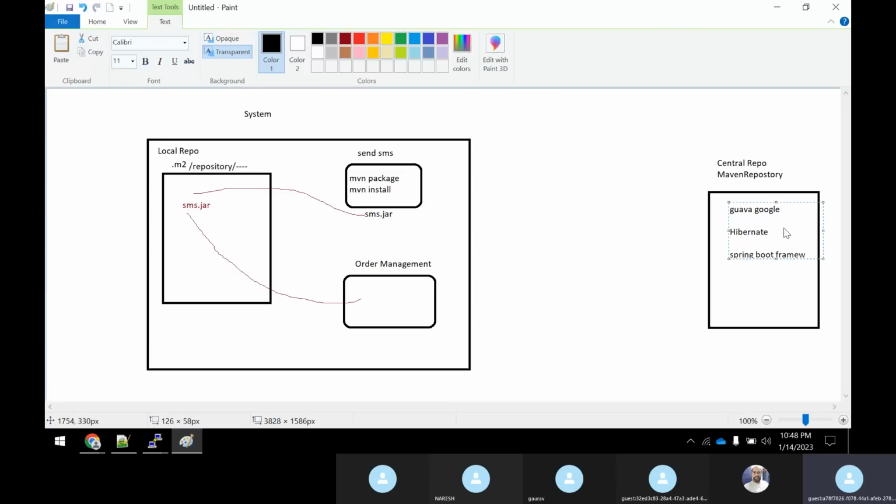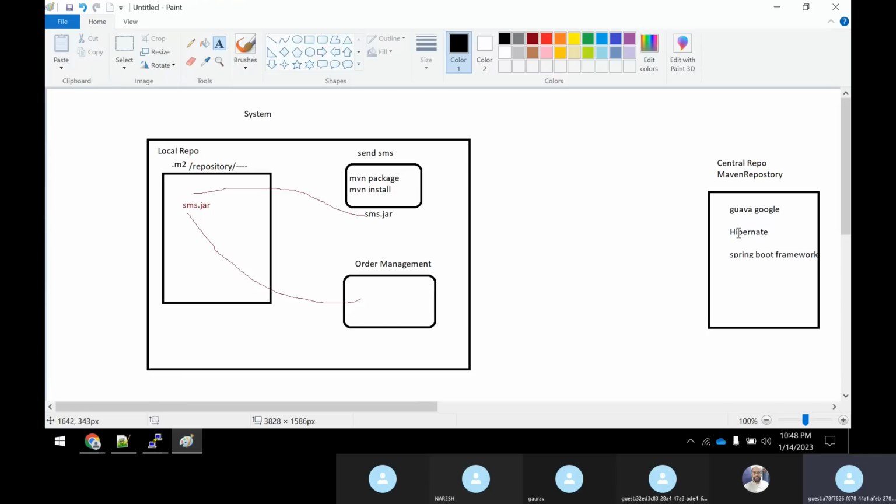You know that, right? Maven knows that whenever any person is developing an application, he needs dependencies. He will connect through Maven to its central repo and download them, right? But when it downloads, it downloads and sits under the .m2 directory. You know this. So everything will be on a single machine like this, right?